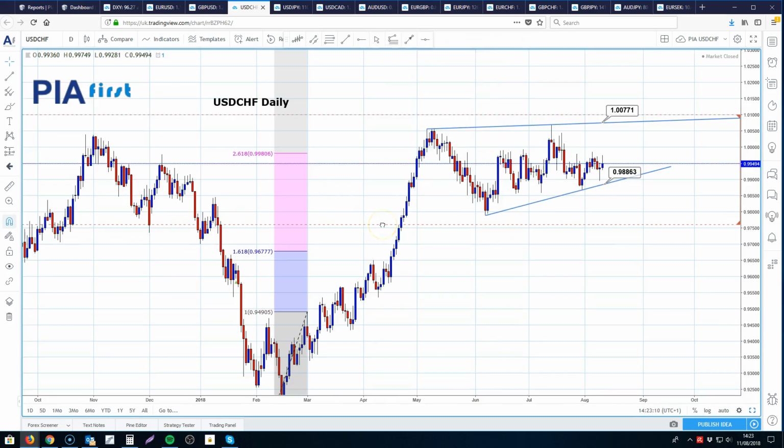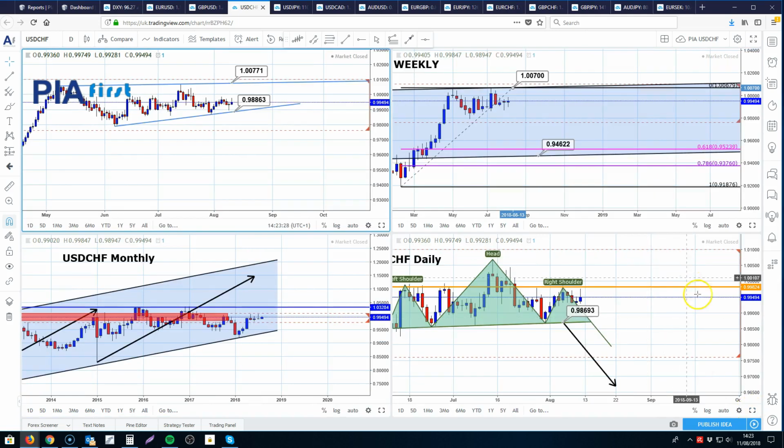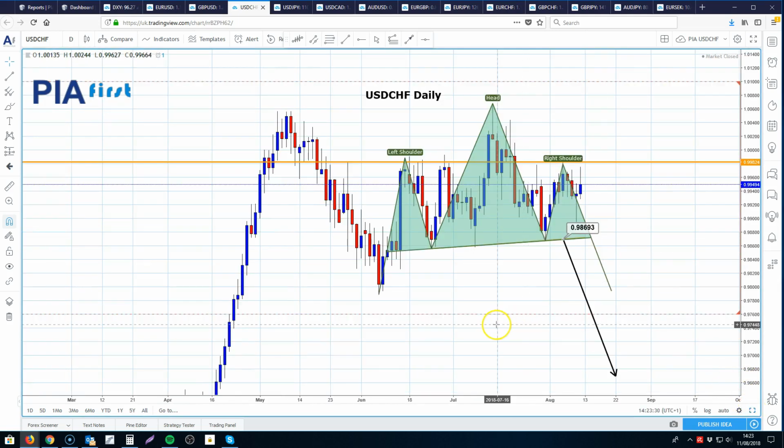However, if we go to this view on the daily chart, this has the potential to be an ending wedge pattern. So 98.86 really needs to be breached next week for a bit more of a sustained move to the downside. If we go to this outlook, and this was basically what we were looking at, we had a 9